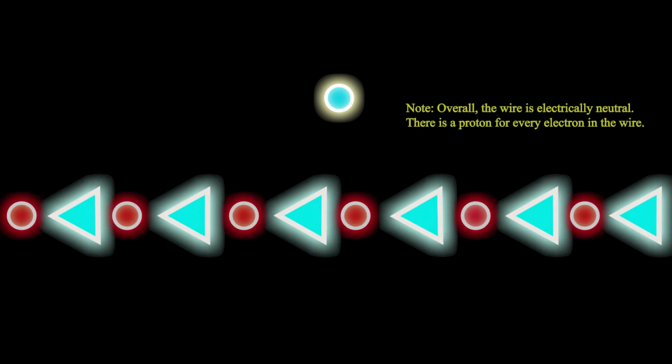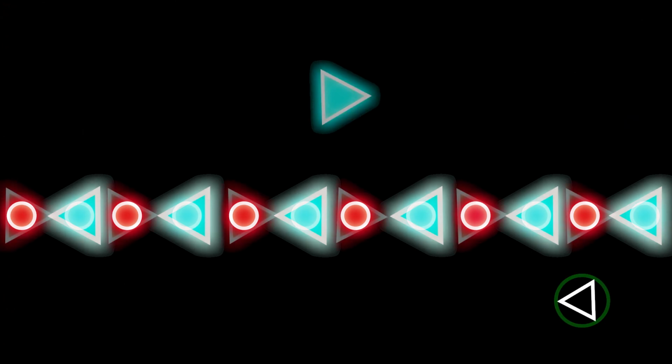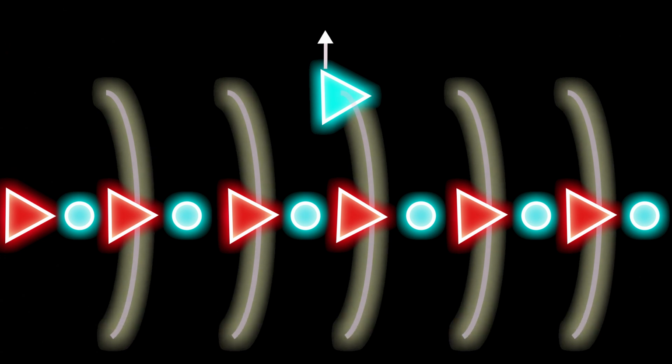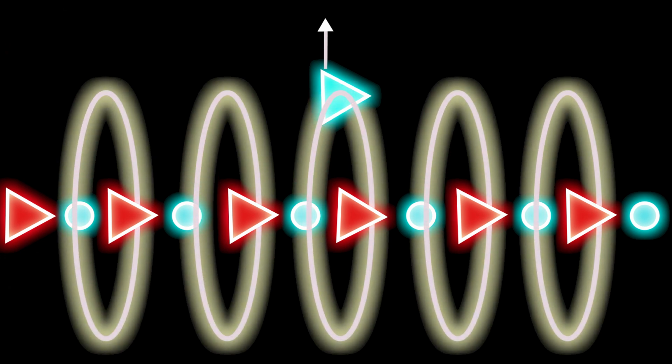Let's return to our current carrying wire. Suppose that we place an electron near the wire. The electron experiences neither a magnetic nor electric force, so it remains at rest. But if we chose a reference frame moving along with the electrons in the wire, then we'd actually measure the electrons in the wire to be at rest, while the protons in the wire and the electron we placed near the wire are now moving to the right. This means that the electron is accelerated away from the wire by the magnetic field produced by the protons.